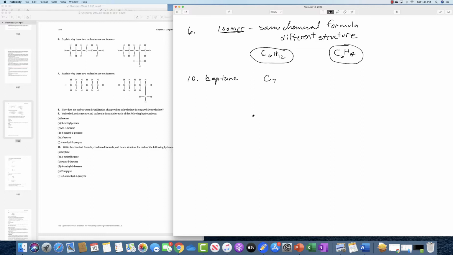Now the basic formula for all alkanes, which is what this is, an alkane, is CnH2n+2. So 2n plus 2 says that this is 7 times 2 is 14 plus 2 is 16. So that's the formula for heptane. The condensed formula